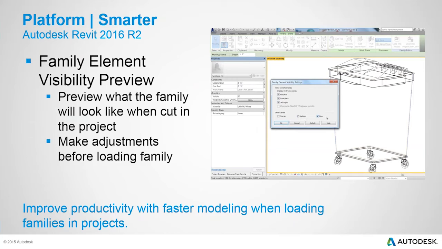With this, you can work more quickly by previewing geometries and making adjustments before they're loaded into the project. As you know, with some families, you can set up certain parameters and types and controls, and you can't really experience them until you actually put them into the project to test them. So this is going to help with some of those features, so we can keep working inside of the family while we're developing any particular